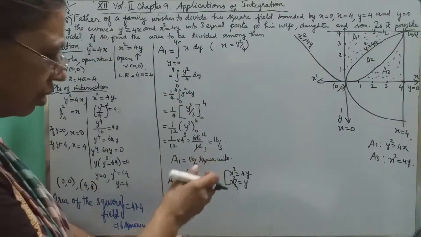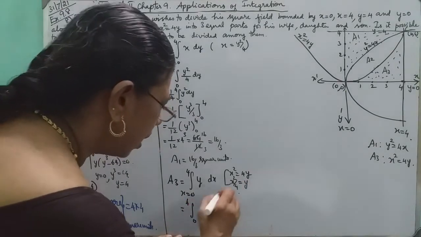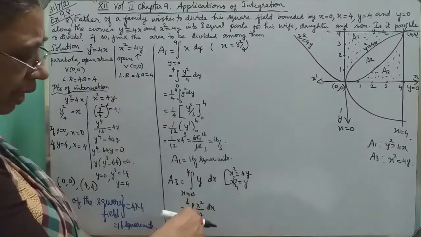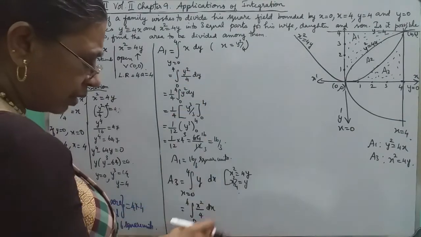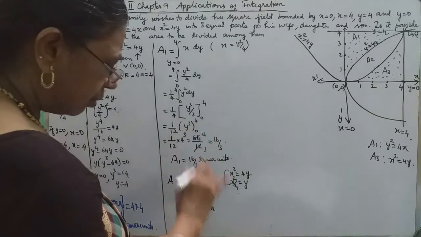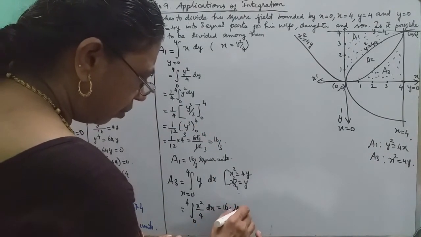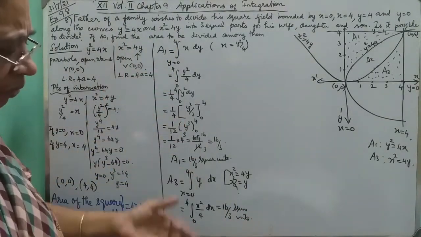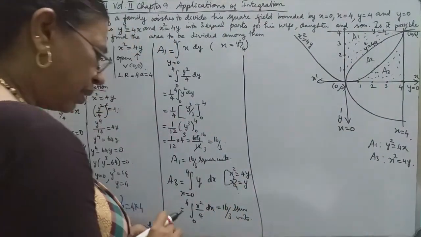So it will be similar to this. So that is equal to integral 0 to 4, instead of y we can put x square by 4, then dx. The same thing we got, the same answer you will get. So why should we do it? See, this is in terms of y, this is in terms of x, but see, the integrand is almost the same. So directly you can write, it is 16 by 3 square units. Or if you want, you can do it fully. I am not going to do it. So A1 is over and A3 is also over.